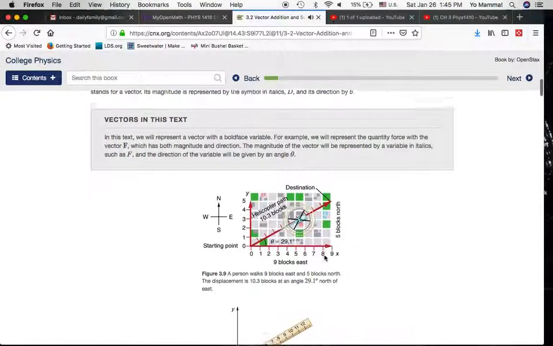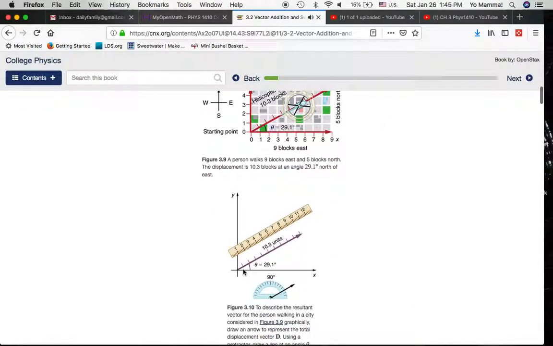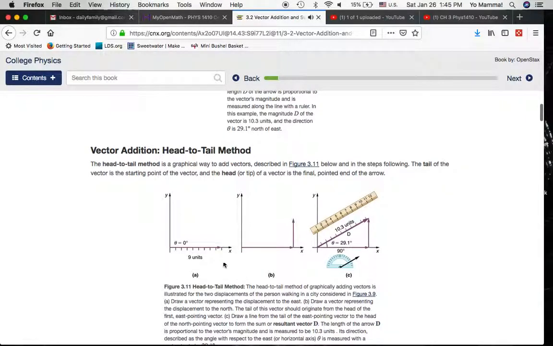And we do this by taking our first vector, our 9-unit vector to the east, which is 9 units in the positive x direction, and then we put the 5 units north, or the 5-block north vector, on the head of the first vector. So we're going head to tail here. And then we go from tail to head to create the new vector, and we draw a new vector from the tail of the first one to the head of the second one, put an arrow on it, and we